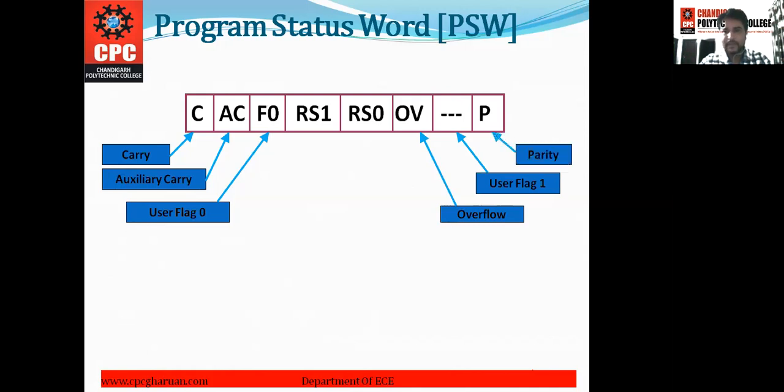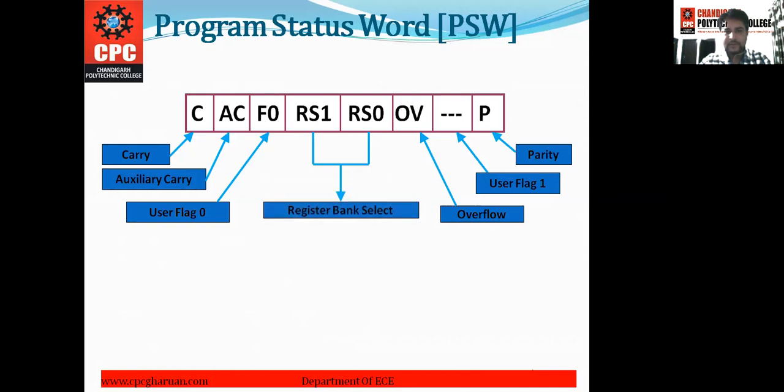P is the parity bit, and it shows whether the parity bit has been generated in the result or not after any operation, maybe after addition, subtraction, division or multiplication.